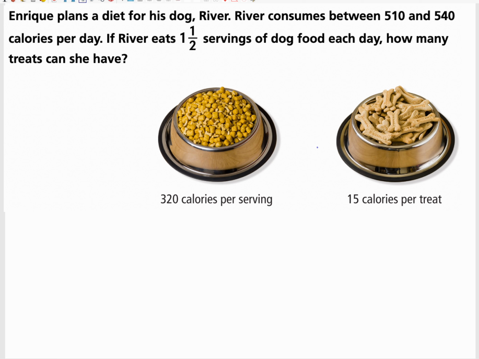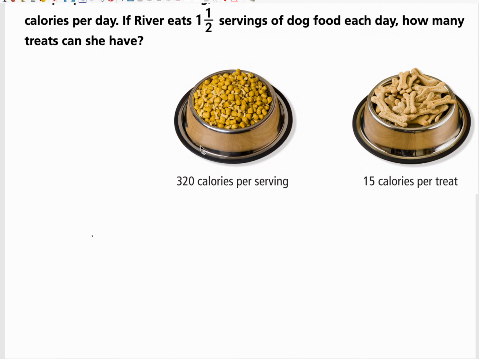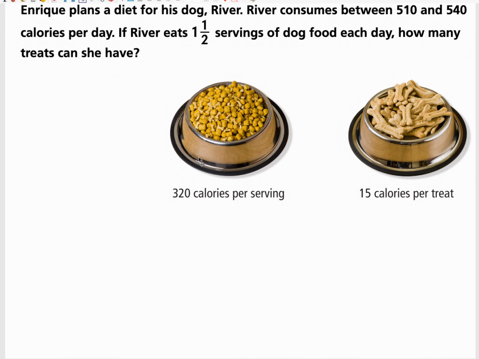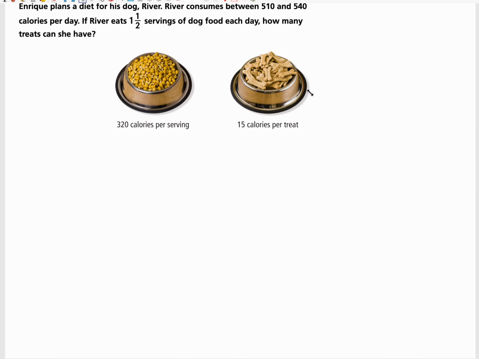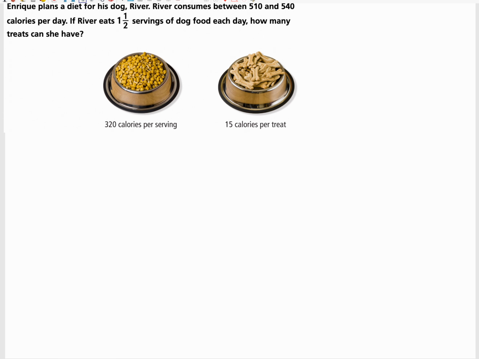So she needs 510 calories is the lowest number she needs. You know what, I'm not going to have room if I start there. I'm going to start over, and I'm going to move some stuff up out of the way, where I can't see it. How about if I do this? I'm going to shrink it. Okay, there we go. Now I'll have more room. Okay. All right, so